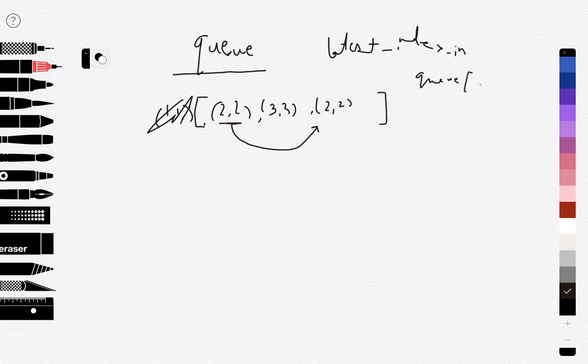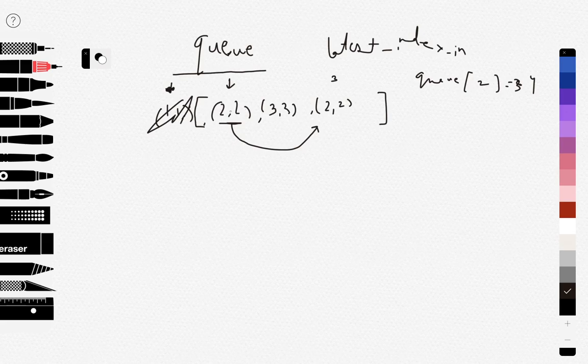So what is the latest index of any key in the queue? The latest index of the key 2 is 3, or actually we can say it's 4, because we are not simply eliminating this value, we are simply incrementing the pointer. So we will have two pointers: the current pointer which was pointing here initially, and the second one, actually it's not a pointer, it's simply appending to the queue, so it's appending to the array. So now by removing this, I mean that the pointer now points to here.